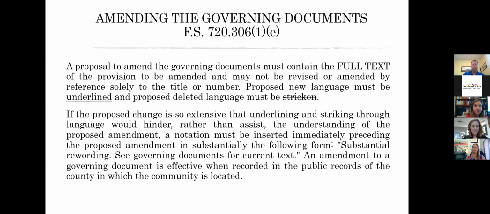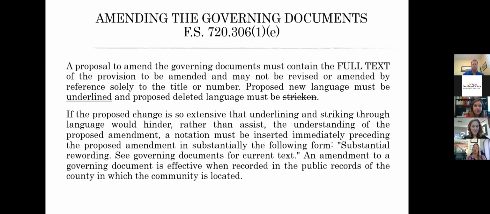And so the statute is going to say, if we're going to make changes to this very, very important document in our association, we want to be absolutely certain that members know what is being changed. We're not going to try to slip something in. So the statute says that if you are adding new language, when you send that to the owners, that new language has to be underlined. And if you are removing existing language, then that wording must be stricken. We're going to use the strikethrough for those.